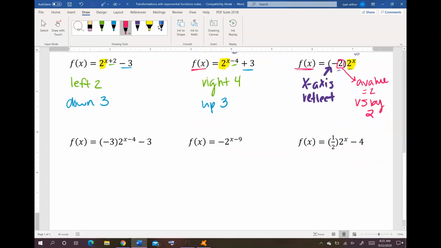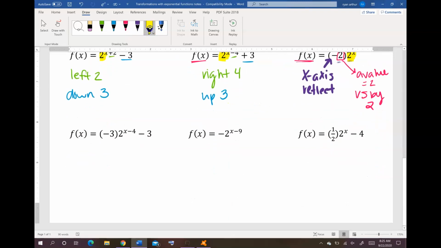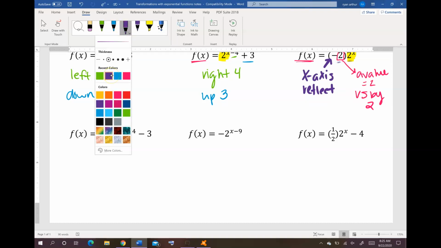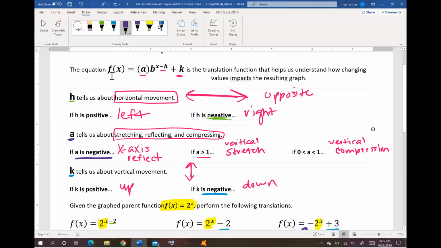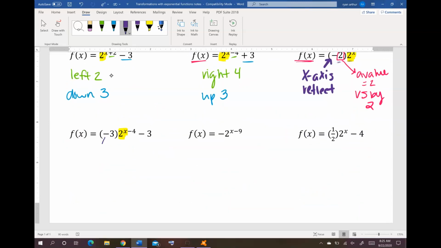Okay, all right, last row. That's why I'm highlighting the base here, the parent function. So if you highlight, box in something with the base, mark it out. We don't need it for transformations. Do something that separates that base from your a value so you don't call it your a value. Okay, all right, so again, I have a negative. So I need to take care of that negative. That negative right there means an x-axis reflect,